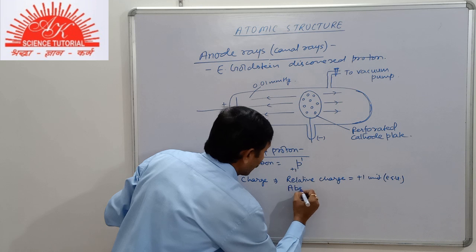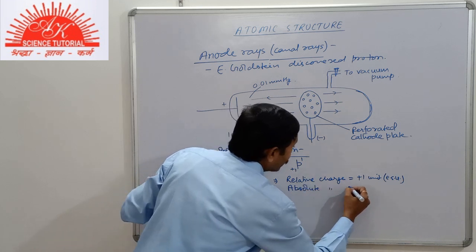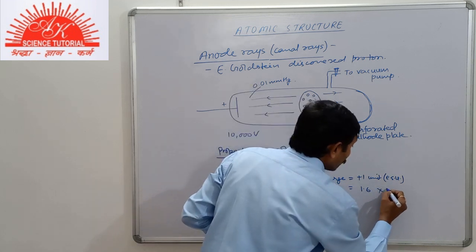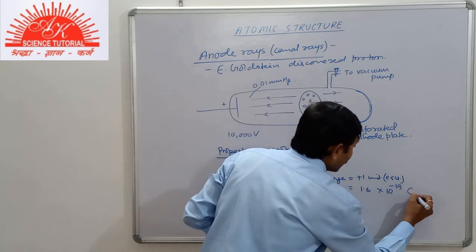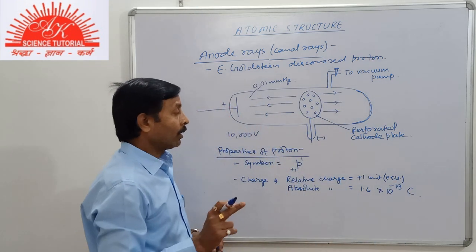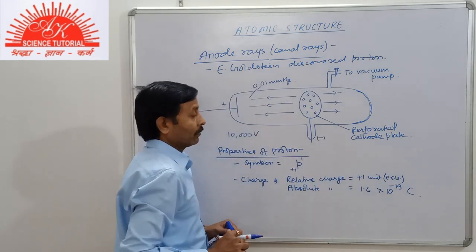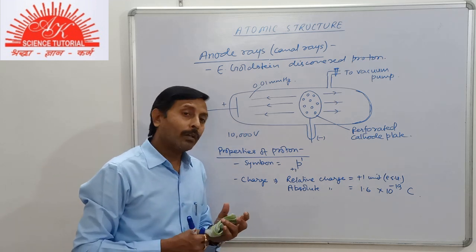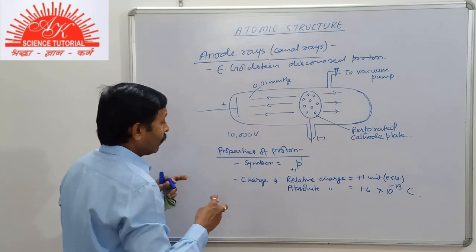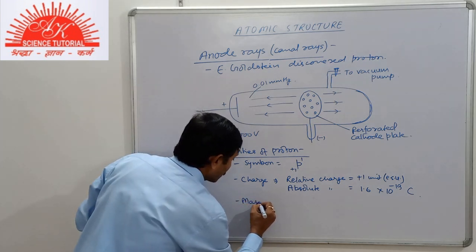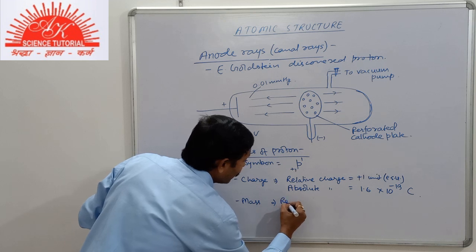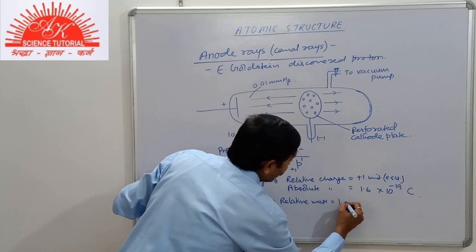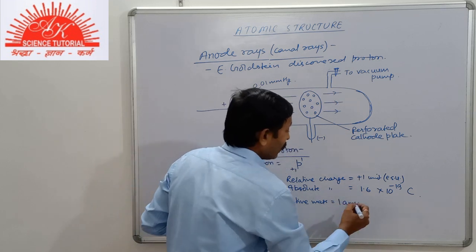Now, absolute charge. Absolute charge is +1.6 into 10 to the power -19 coulomb. For electron, we had used negative 1.6 into 10 to the power -19 coulomb. Now, we will study furthermore. Now, then there is mass. Again, relative mass. Relative mass, that is 1 AMU, or we can write